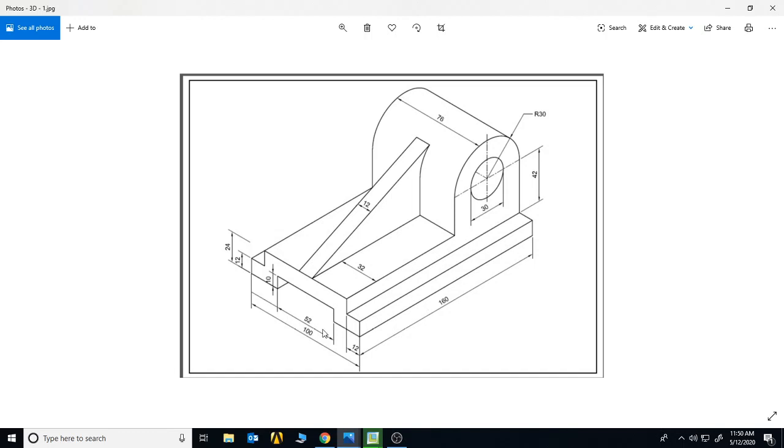Simply you will be required to make a base. There are different starting points. You can start either from this region, this region, or this region. So whatever seems feasible to you, do